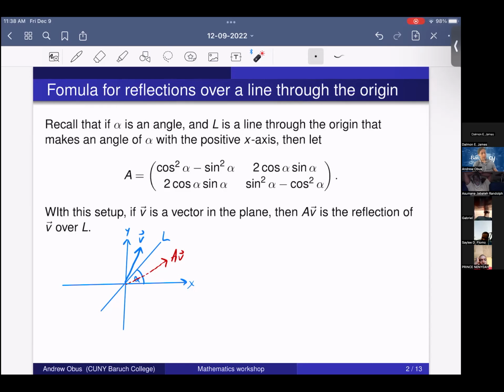There are a couple of examples of this in the homework, which we'll go through, but I just want to recall that we have this formula that's maybe not so easy to memorize, but it's not that hard to look up. So here, let me just write out in words, Av is the reflection of v over the line